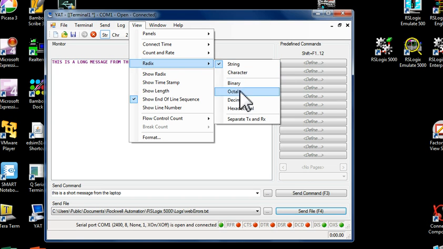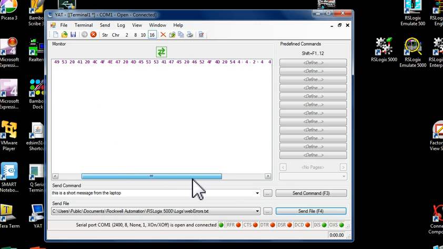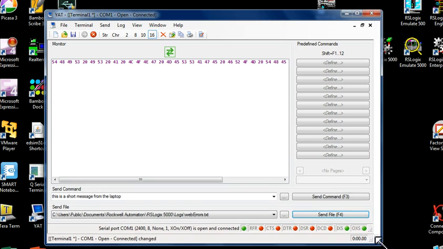If we wanted to change that and say, I want to see that message in the hexadecimal format, we start seeing the actual characters that are sent. Some of these are identifiable on the ASCII chart. If you wanted to go ahead and take a look at that, I'm going to widen this out a little bit